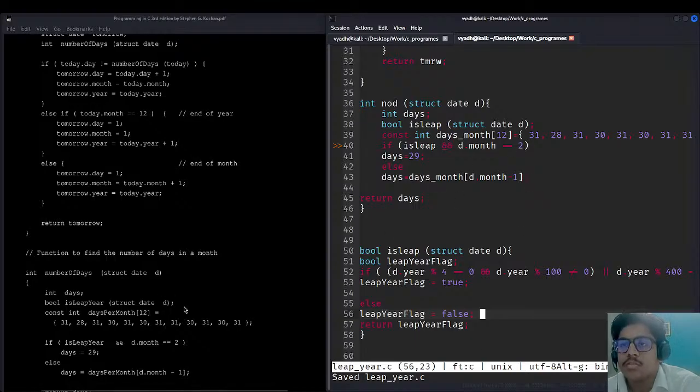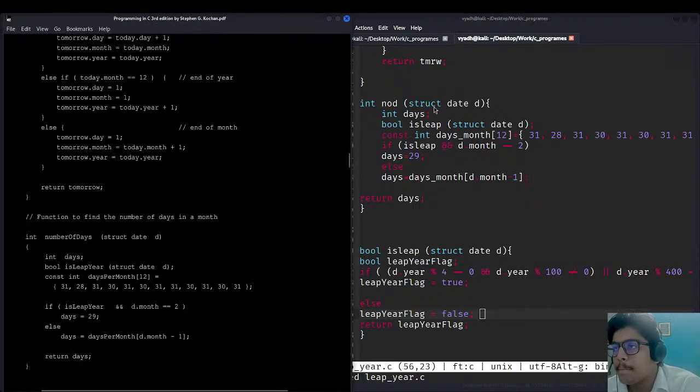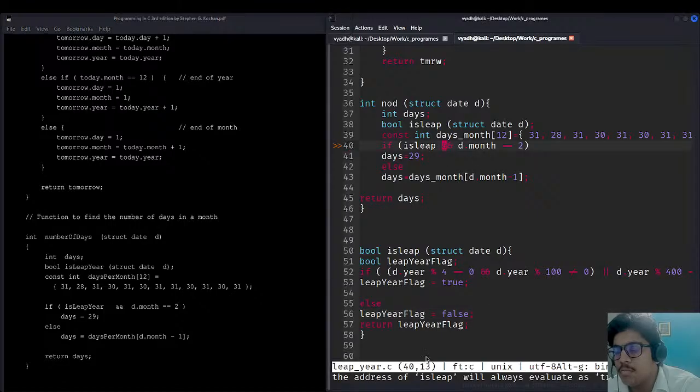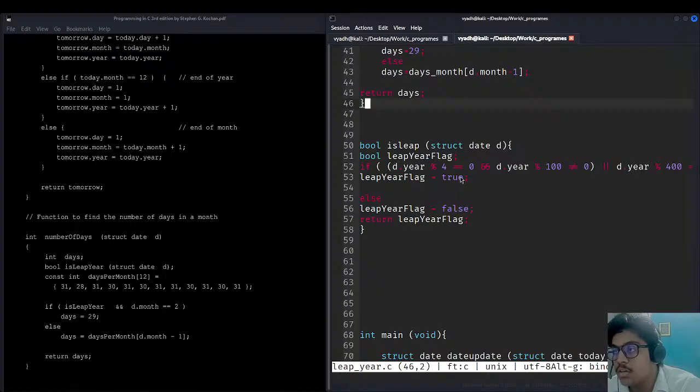यहाँ पे प्रॉब्लम है। लीप ईयर पे चलते हैं। एक तो ये ट्रू फॉल्स होना चाहिए, दूसरा डी डॉट मंथ जो है इज इक्वल्स टू 2 होना चाहिए। डी डॉट मंथ पे ही हम वर्क कर रहे हैं, ऊपर भी हम उसी पे काम कर रहे थे। रिटर्न डेज, सो एवरीथिंग इज वर्किंग फाइन टिल हेयर। 12 है यहाँ पे। प्रॉब्लम, the address of is leap will always evaluate as true. आई नो, is leap will be always evaluated as true, यहाँ चेक करना पड़ेगा। इफ इट्स ट्रू, यहाँ कुछ एरर आया है शायद।